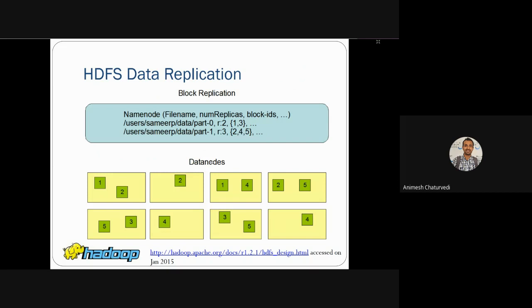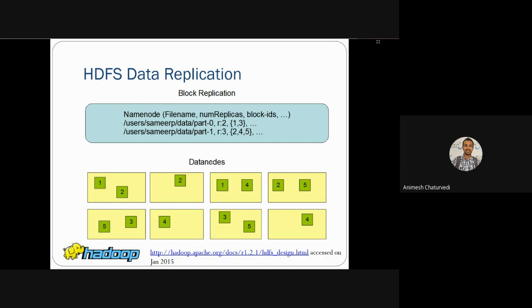How is the data replicated? The data is replicated according to the name node metadata, or you can say the index. File names are there, the number of replications is there, then block IDs are there. What are the block IDs? Suppose user Samir RP data part 0 is replicated two times, at 1 and at 3.